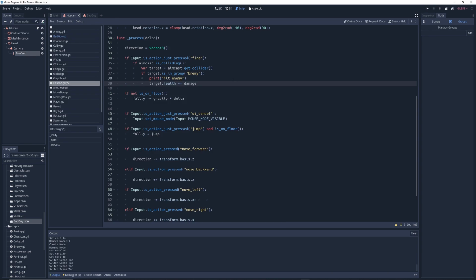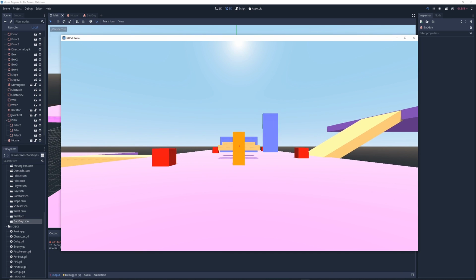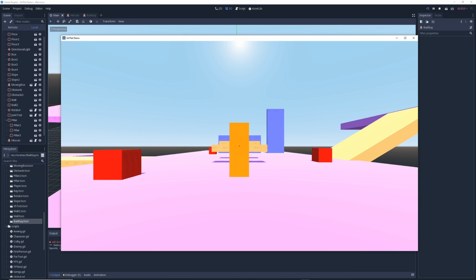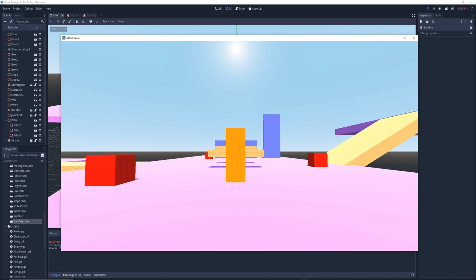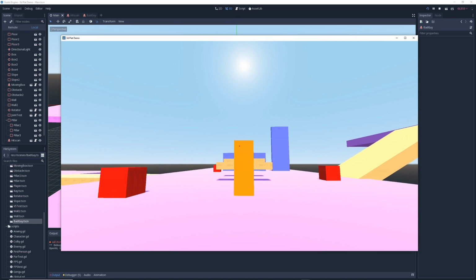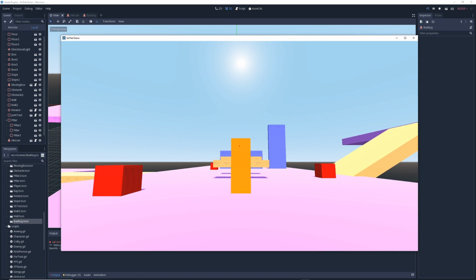Now let's run the game. Here, you can see Bad Guy in front of us, alive and not dead. I've also gone ahead and added a small red dot to the center of the screen to help us see where we're aiming. I won't go into how I did this in this video,